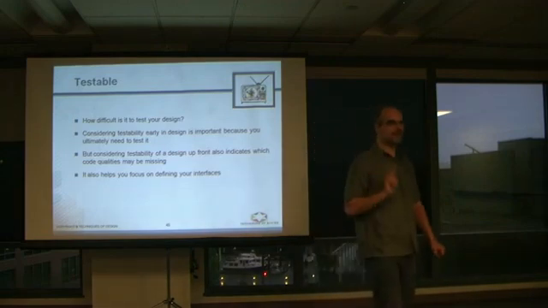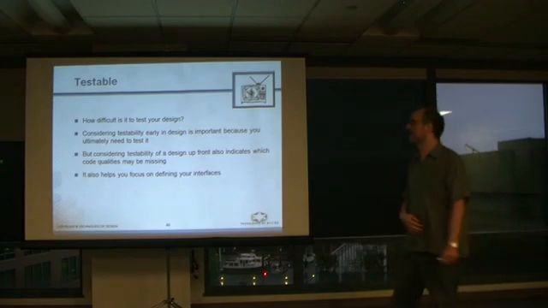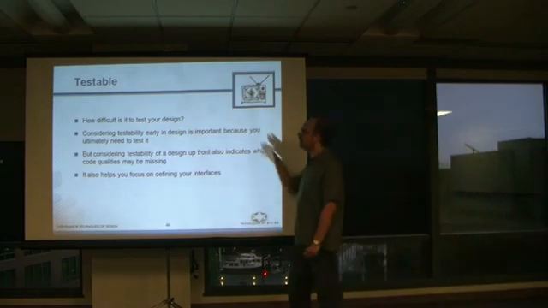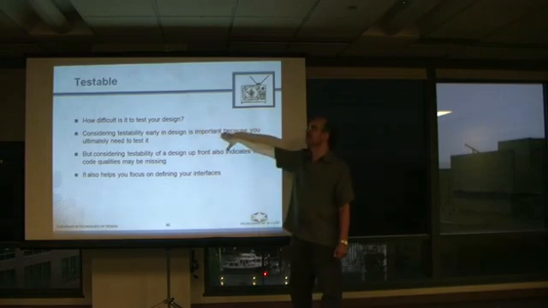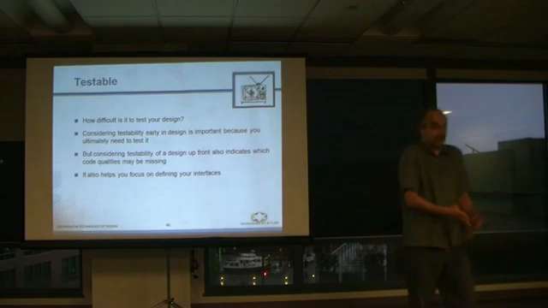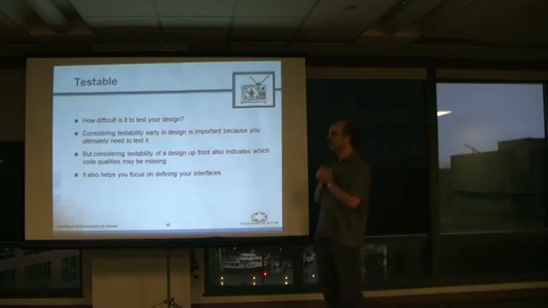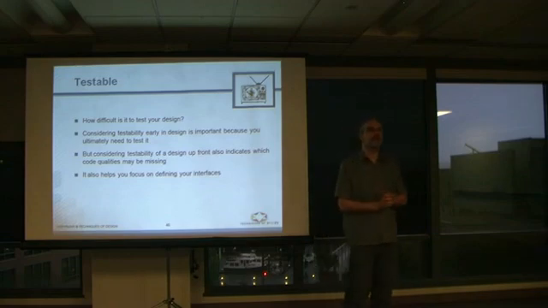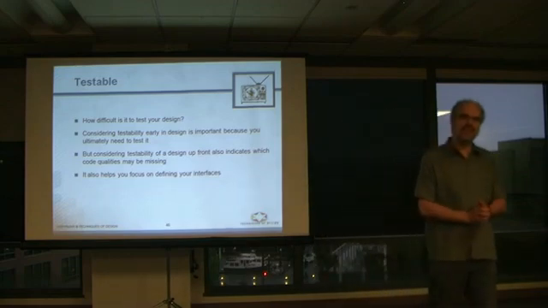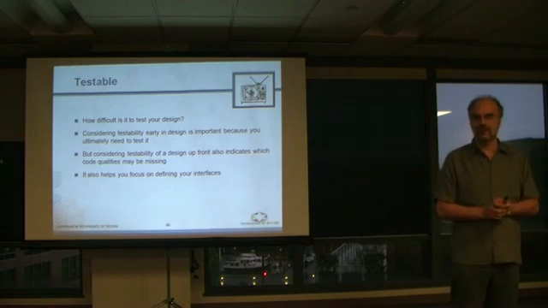Fifth code quality, second to last one, testability. And we already talked quite a bit about testability. I think about testability right up front in my code. How easy is this design to test ultimately? Because I've got to verify it at some point, and I don't want my tester to be mad at me. It also helps me focus on the right things when I'm designing my code, which is primarily my interface.